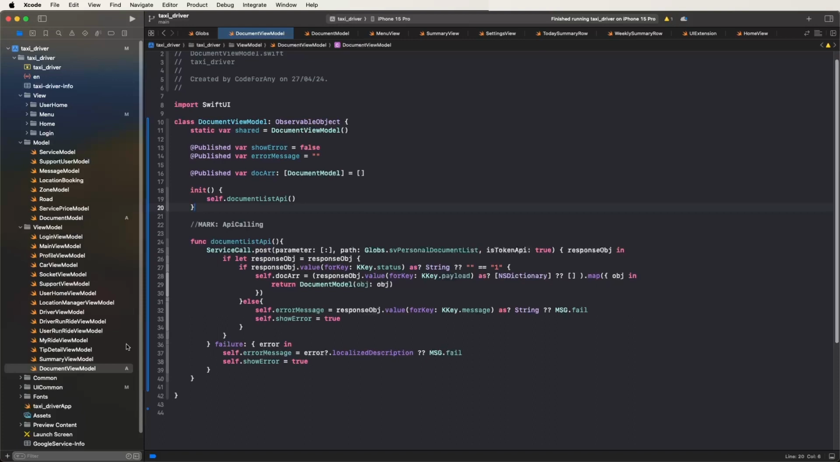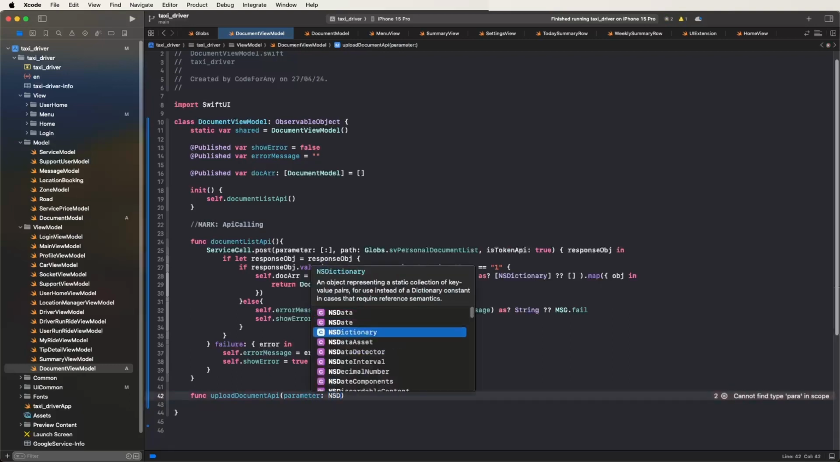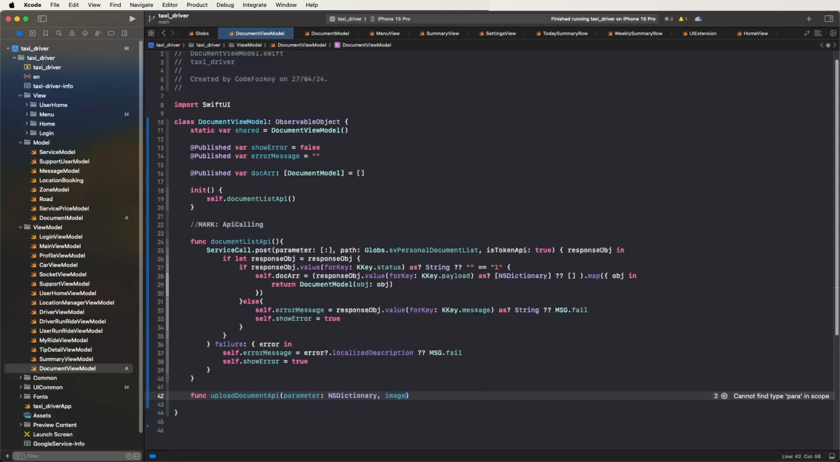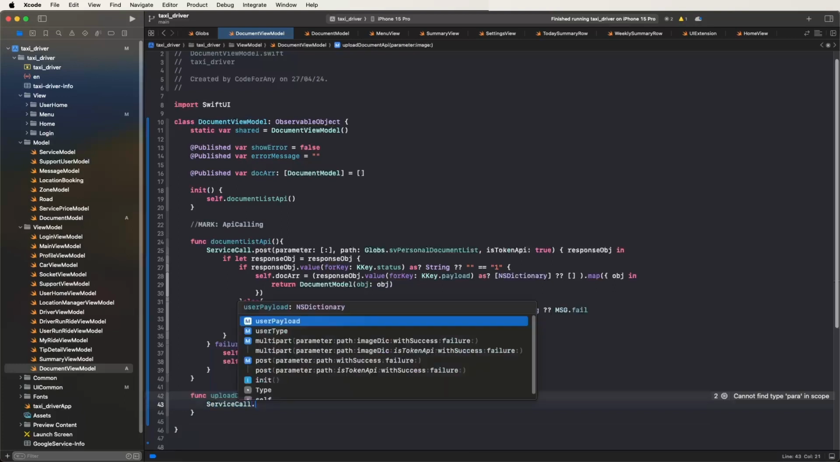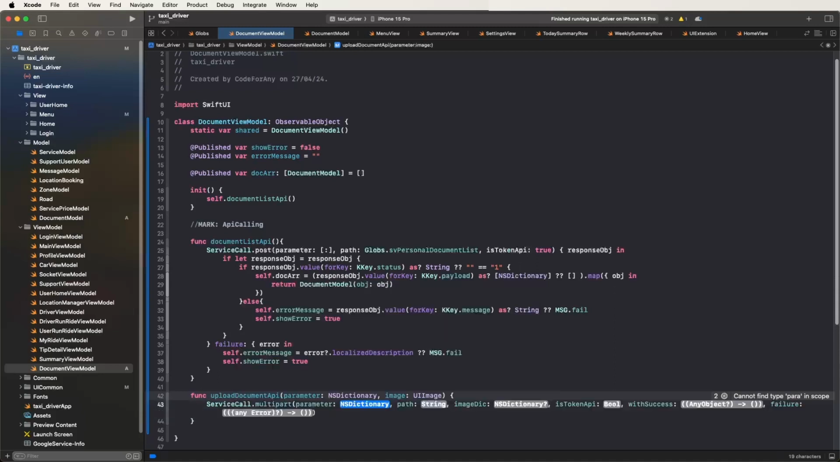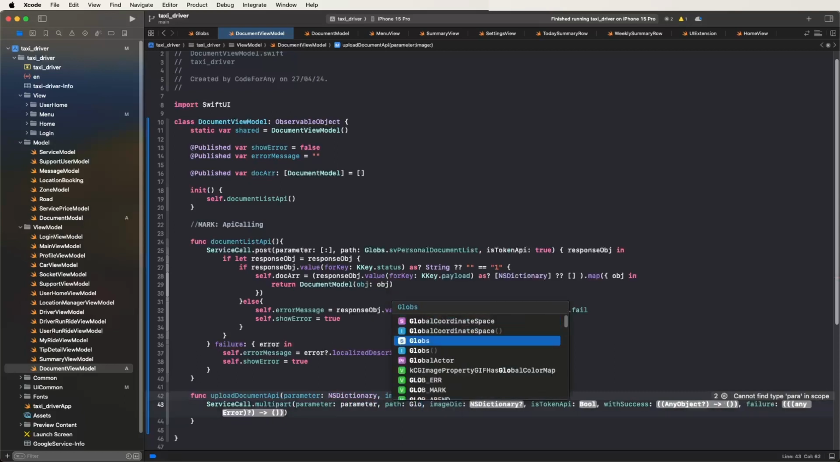Now we need to develop another API for uploading documents. We need to write down the function upload document API like this. Now we need to pass the parameters inside this API, give some parameters, set the NSDictionary, and also the image, write down UIImage like this. Now we need to call the service calls, dot, call the multipart with tokens, and pass the parameters. Give the path globe.sv